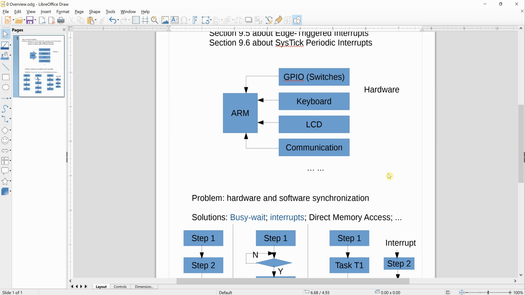That is called software waiting for hardware, because you have no idea in advance when the user is going to press the switches. And similarly for the keyboard, you have no idea when your user presses the keys. That's why there is a waste of time on the software side. It just waits there, implemented in the while loop or a fixed amount of time, doing nothing, just waiting for